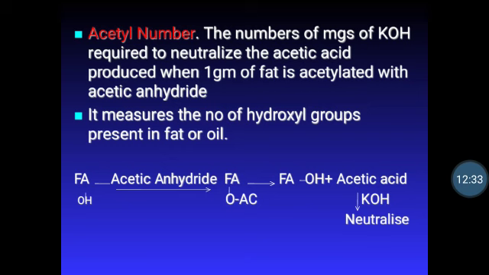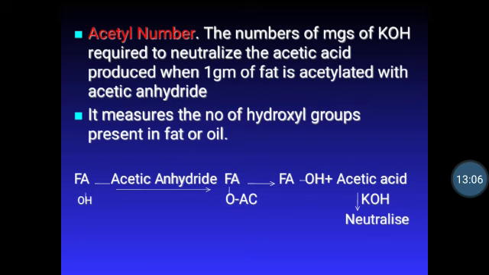Some fatty acids contain hydroxyl groups. In order to determine the proportion of these, they are acetylated by means of acetic anhydride. This results in acetyl groups in place of free hydroxyl groups. The acetic acid in combination with fat can be determined by titration of liberated acetic acid from acetylated fat or oil with standard alkali. In short, fatty acid contains a hydroxyl group and it is chemically treated with acetic anhydride.